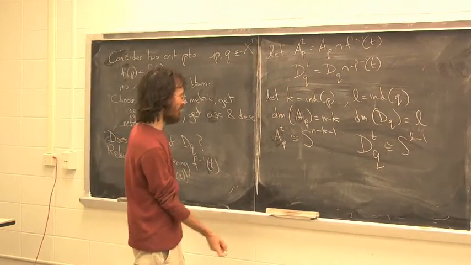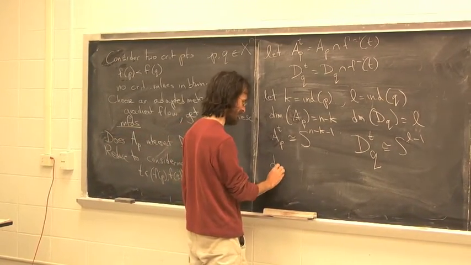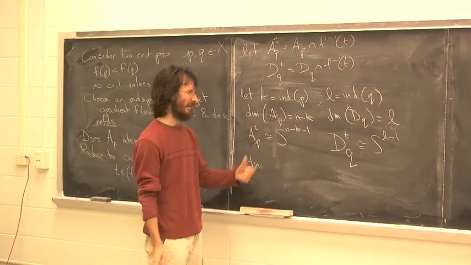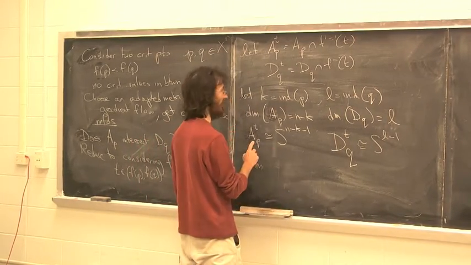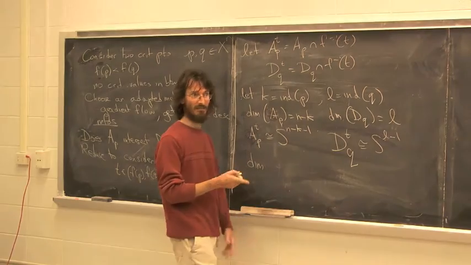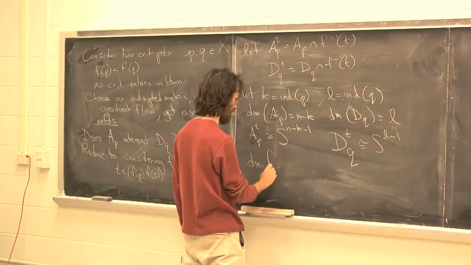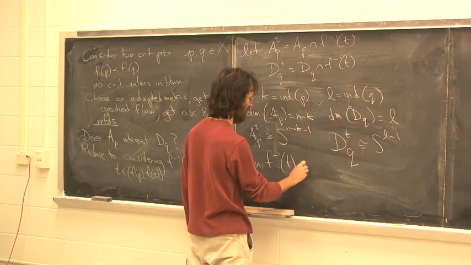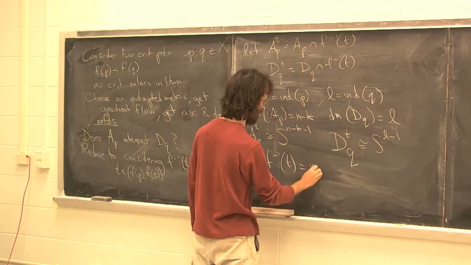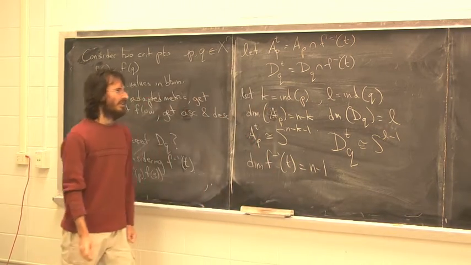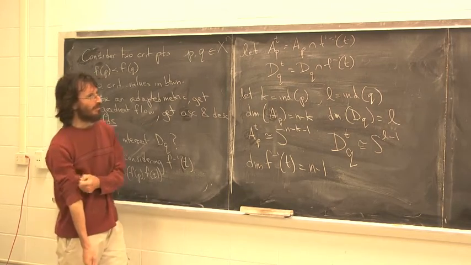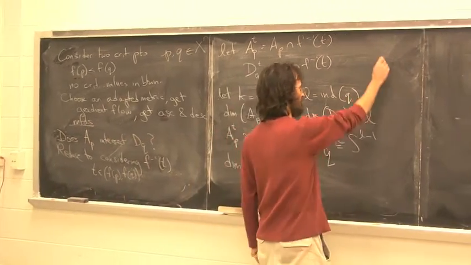And let's also remember what the dimension of the ambient space is. So now these are submanifolds inside... Now I don't want to think of them inside of X. I want to think about them inside F inverse of T. So the dimension of F inverse of T is equal to n plus 1. So the first observation that I want to say is that